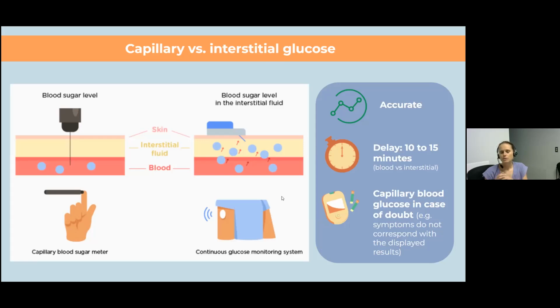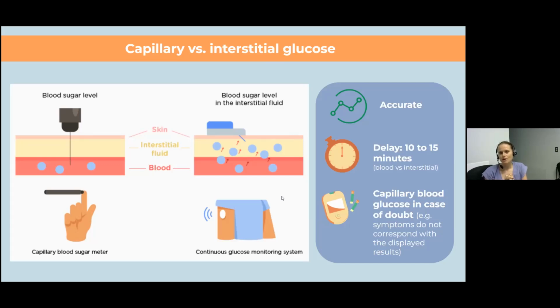For the continuous glucose monitoring devices, what the devices are measuring is actually the blood sugar level in the interstitial fluid, which is located just beneath the skin where you install the sensor. So knowing this, we need to acknowledge the delay of 10 to 15 minutes between the blood sugar level in the blood and the blood sugar level in the